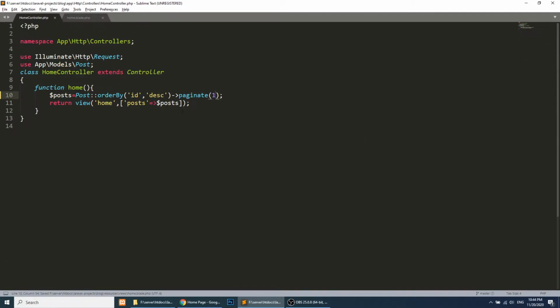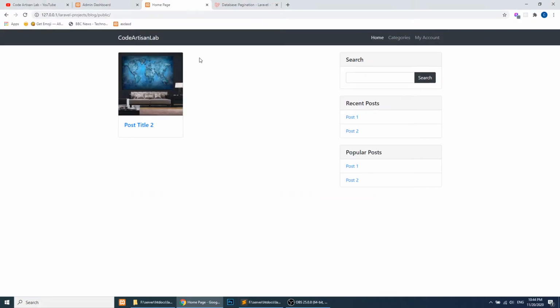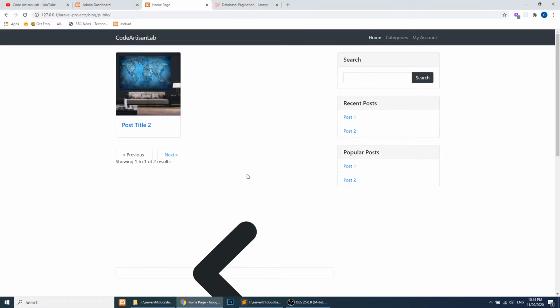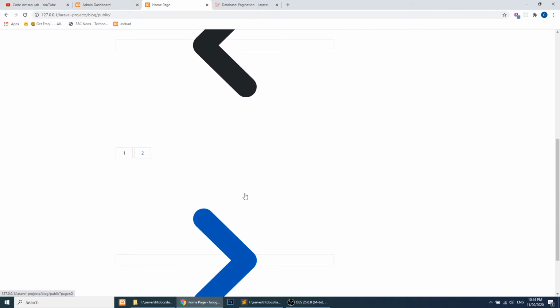I am passing the posts in the array, so this is posts, and then links. Okay, now refresh this page, and here we have a pagination display, but it is not in Bootstrap.